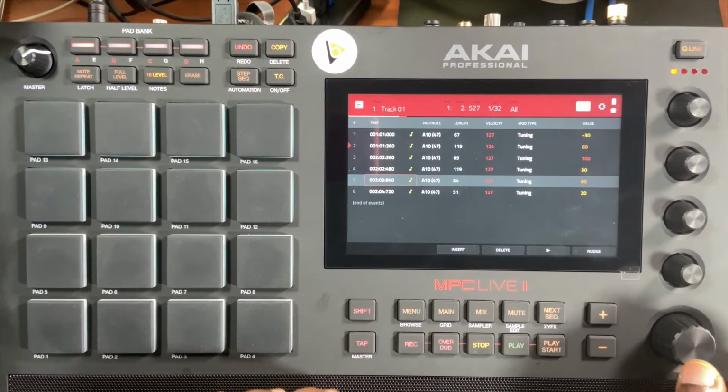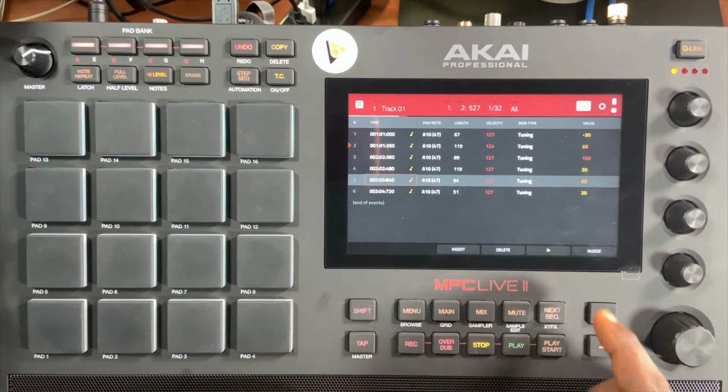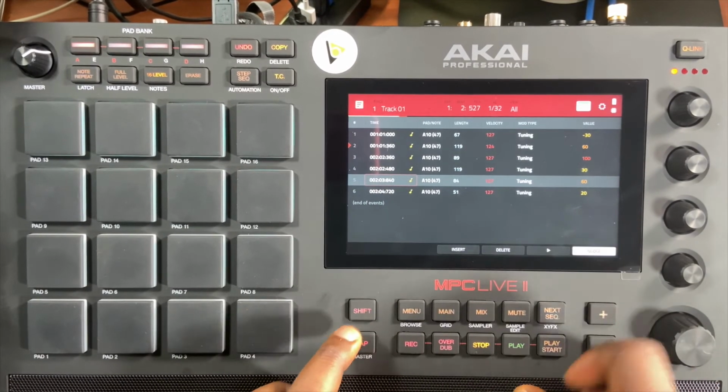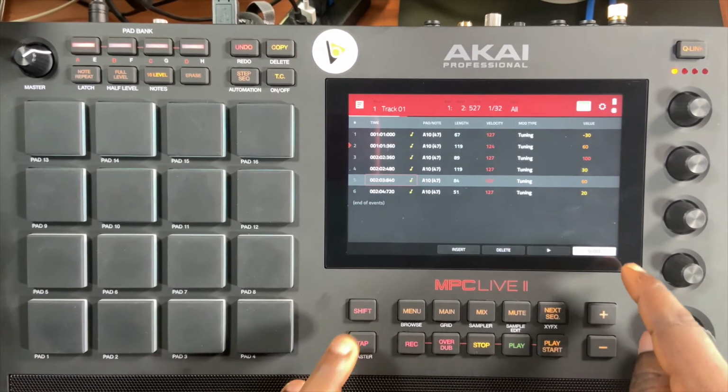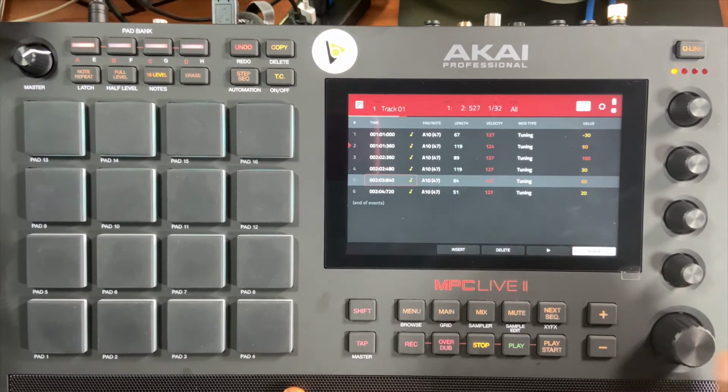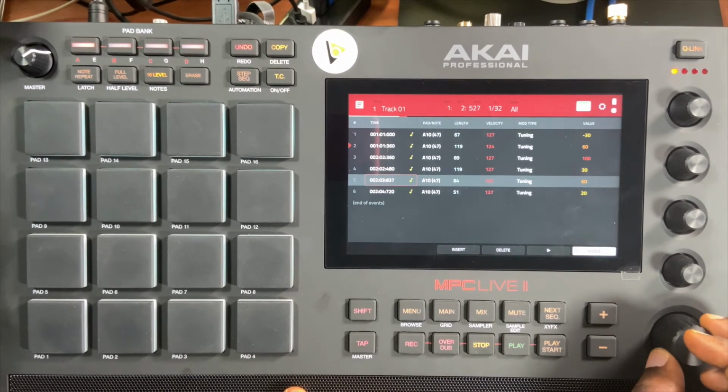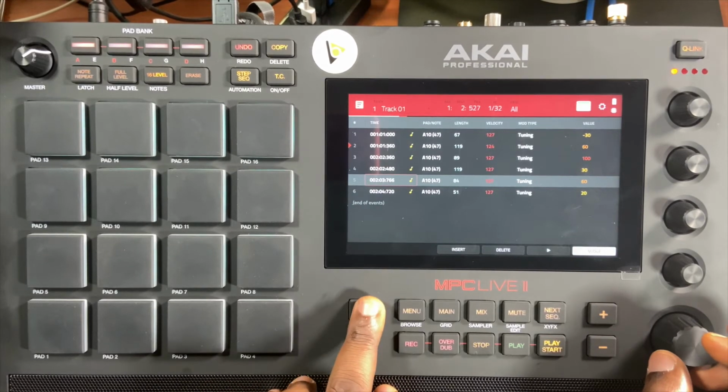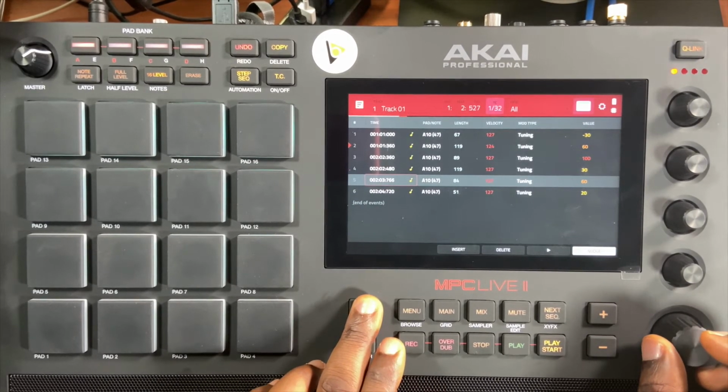So all I need to do is, while it is selected, I'll click on nudge. You see, I'll enable this nudge. Once I click on nudge, I can actually use my jog wheel to move. If I continue to turn the jog wheel, it moves one tick per time. But if I want it to respond in accordance with the timing correct that I currently set, I hold my shift, and when I do that,